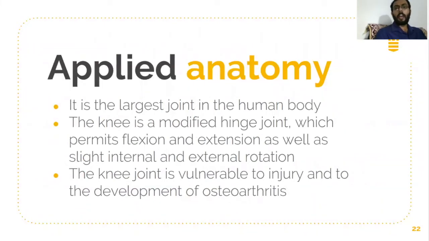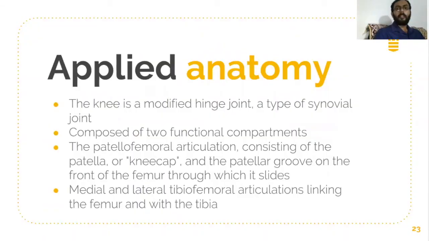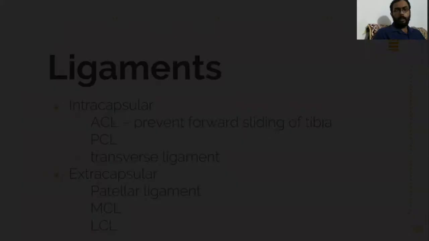Actually, the knee is the largest joint in the human body. It's a modified hinge joint which provides the movements of flexion and extension. The normal range of flexion is between 135 and 145 degrees, normally 140 degrees. Whenever we flex the knee passively, that means passive flexion, the heel touches the buttocks, and the normal is 155 degrees. Another movement is possible at 90-degree flexion: internal rotation and external rotation of the knee.